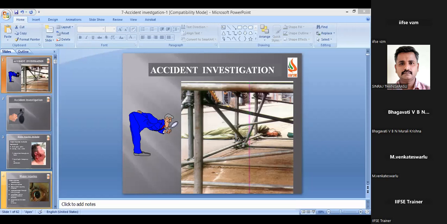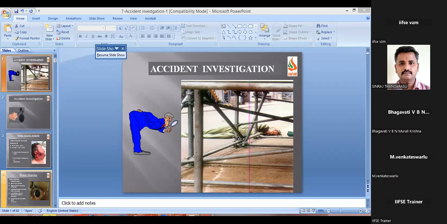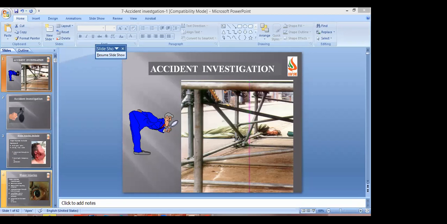And hospitalization for more than 24 hours. So these are some of the major injuries. Now, safety is without a doubt the most crucial investment we can make, and the question is not what it costs us, but what it saves. So the management should not think about,